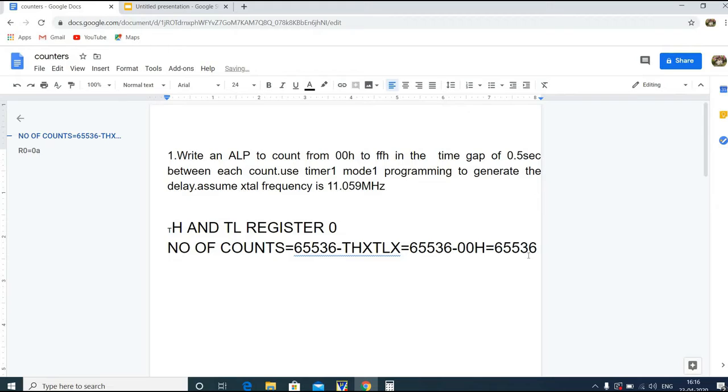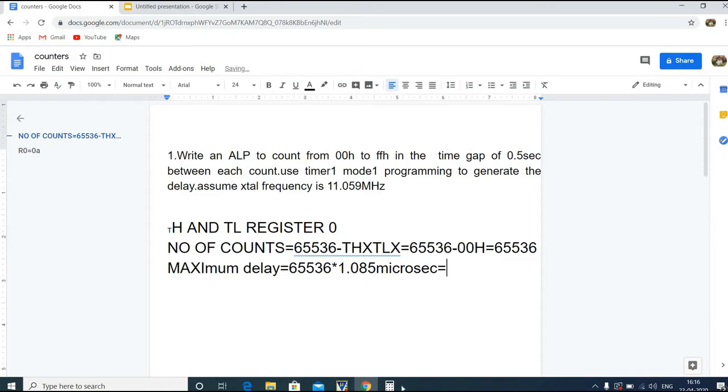Now the maximum delay is calculated by multiplying 65,536 with the timer's clock period. So if the crystal oscillator frequency is 11.059 megahertz, then the timer clock period is 1.085 microsecond.